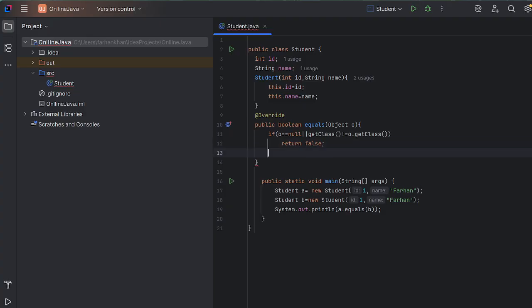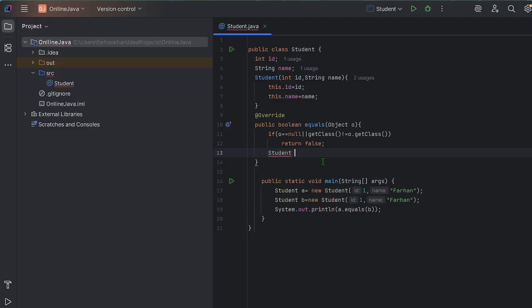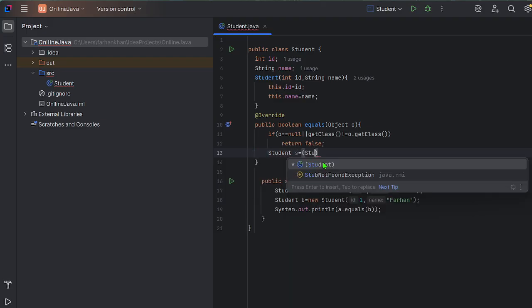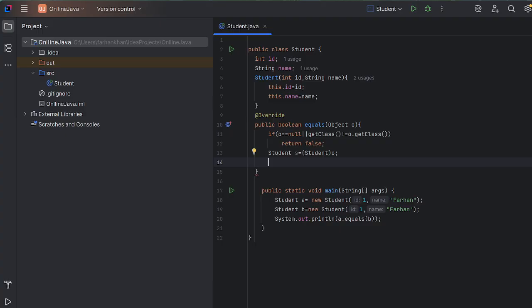return false. And now because it is taking an Object class type reference, we have to downcast it to the Student class, so we can access its members. Downcasting. Now we will check each value.